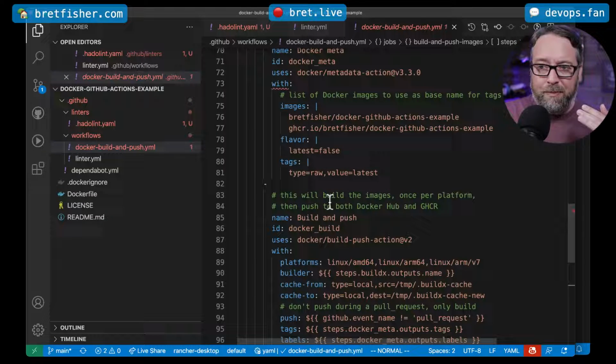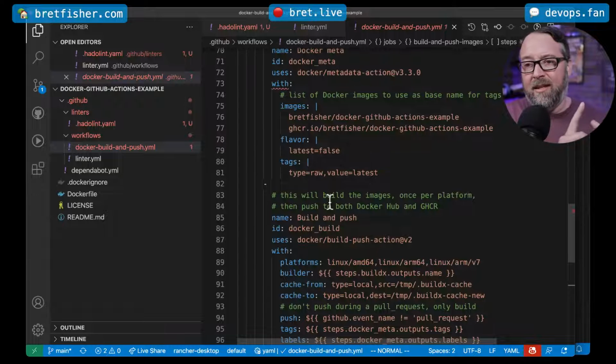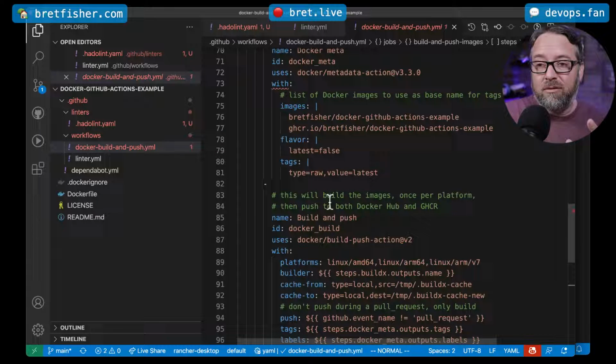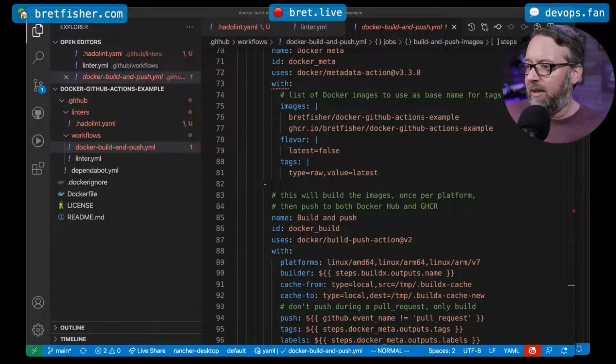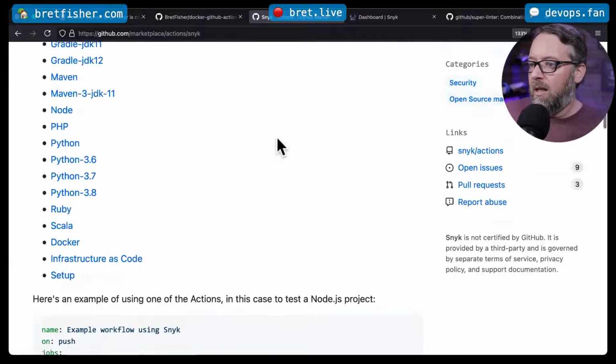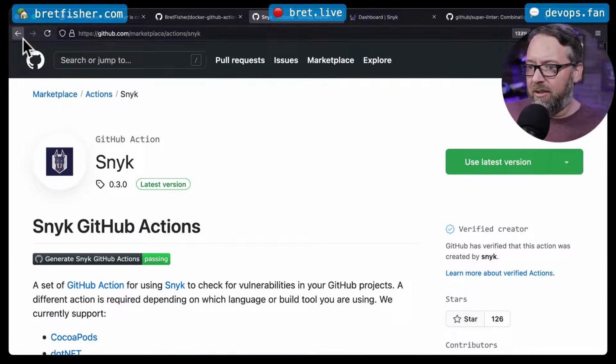So npm dependencies, apt dependencies, the from image that you're coming from, stuff like that. So what we're going to do today is we're going to look at two. Back over to my browser. My two favorite security scanners